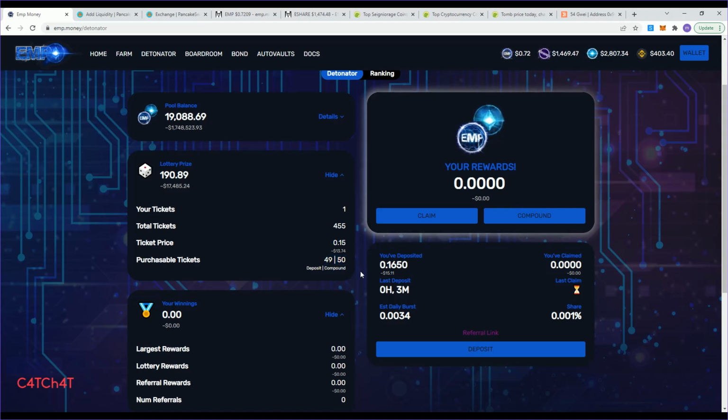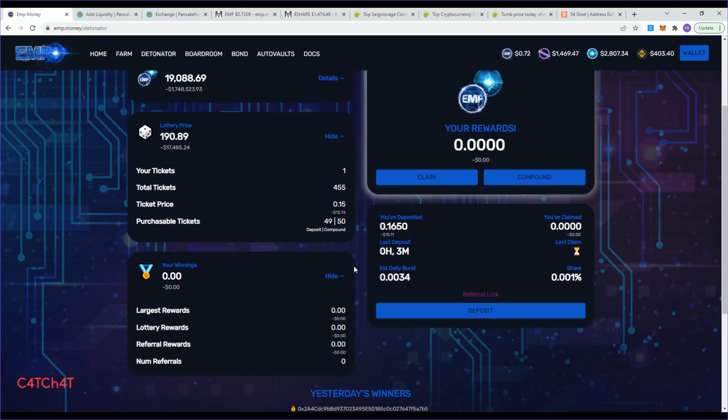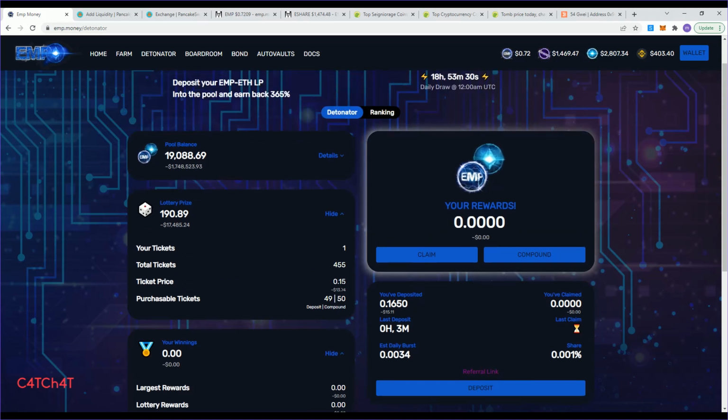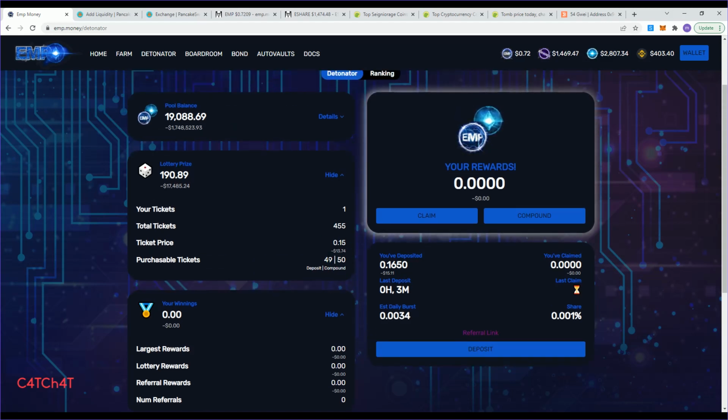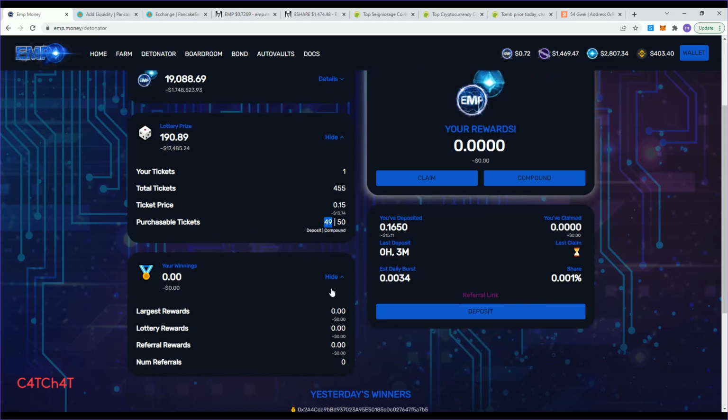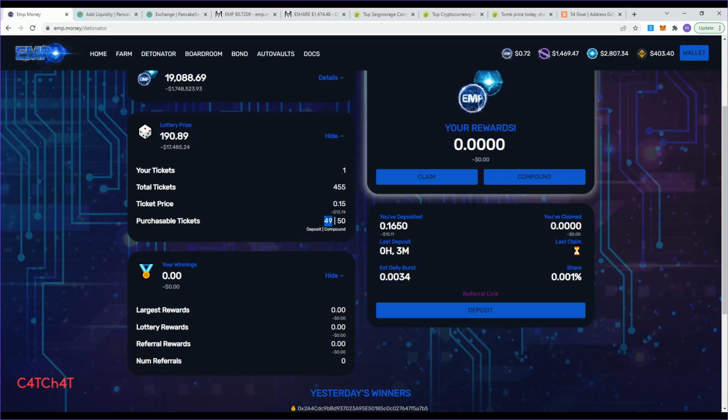So if I were to deposit, I believe it would be 50 LP pairs would get you this amount of deposited tickets in a day. So 50 times